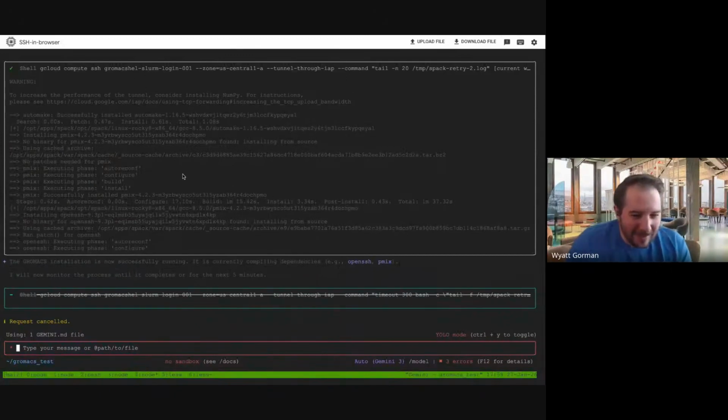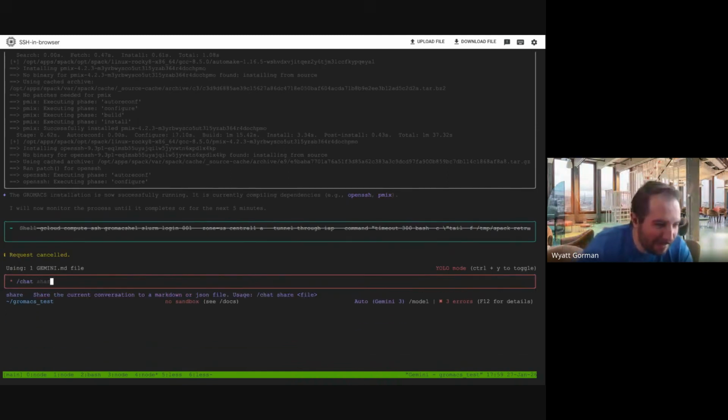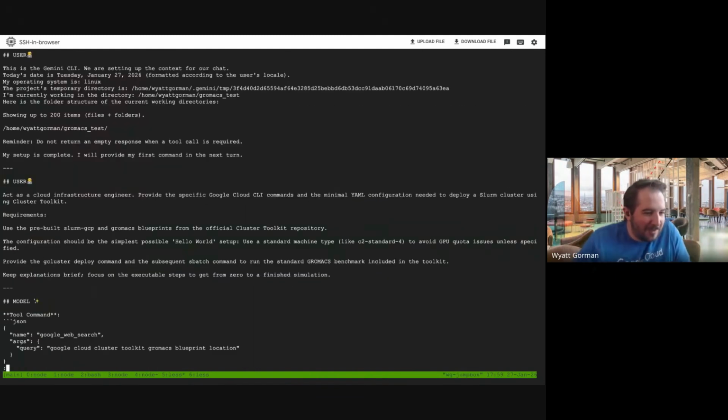So this is, and tell me if you can't see my screen, this is the Gemini CLI interface running in a sandbox environment that I have. You can see I've canceled the prompt, but this is just to show you that this was running earlier. What I'm going to show you is actually the output of a chat share command. Chat share lets me share the current conversation to a markdown file. So I'm just going to go over here, and this is the markdown file that I exported just an hour